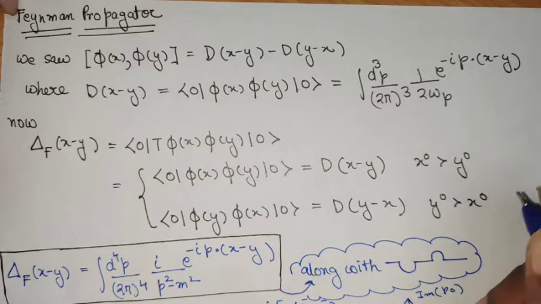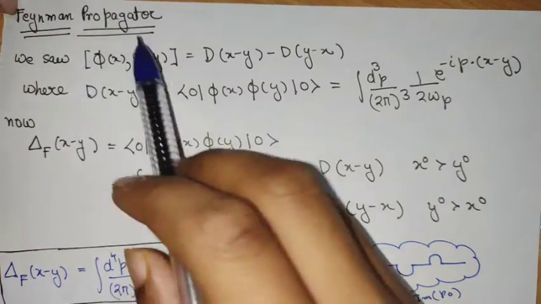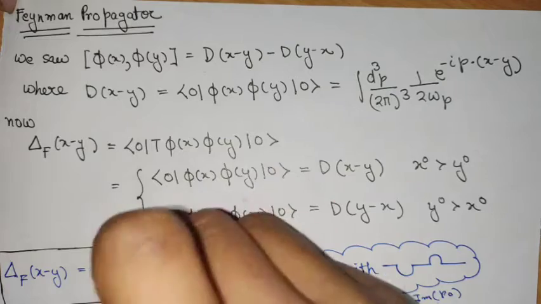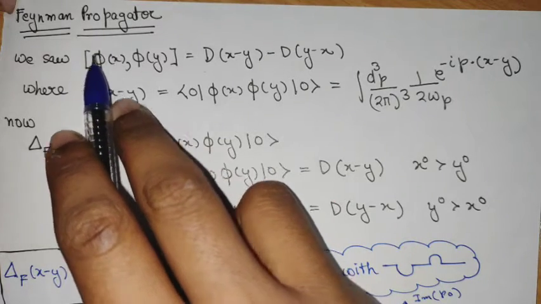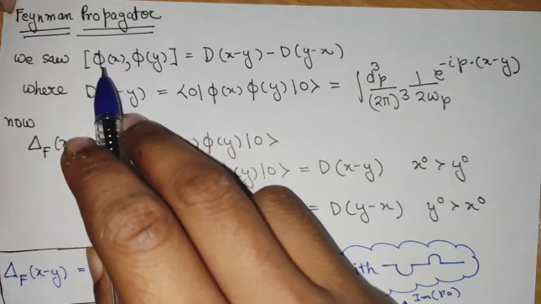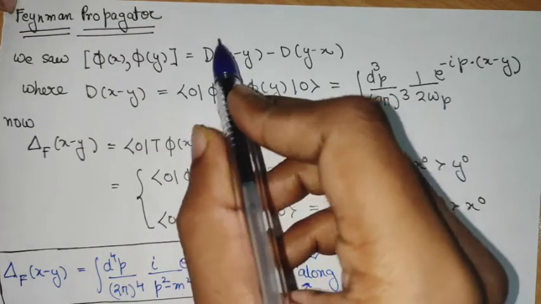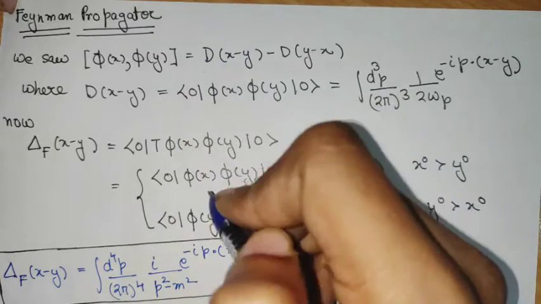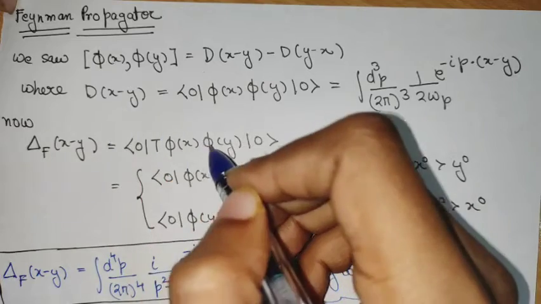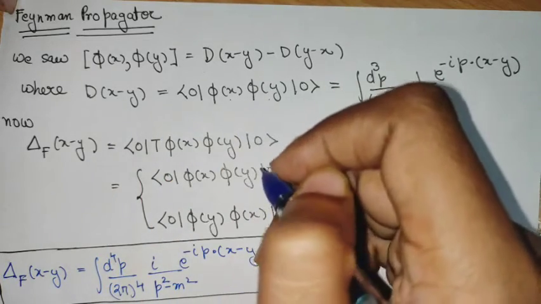Welcome to this video. In this video, I will be discussing the Feynman propagator for the Klein-Gordon field. So we have promoted our field from a classical field to an operator, and now we saw that this operator can be written in this particular form, where D(x minus y), we named this guy as a propagator, which calculates the amplitude of propagation of a particle from y to x.